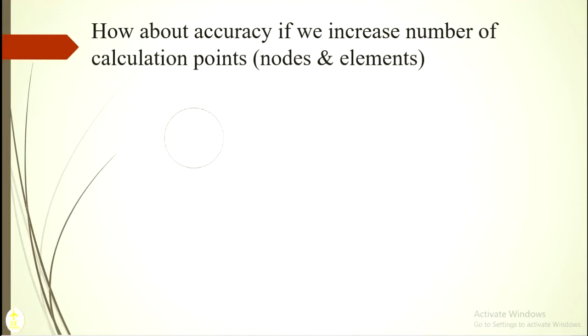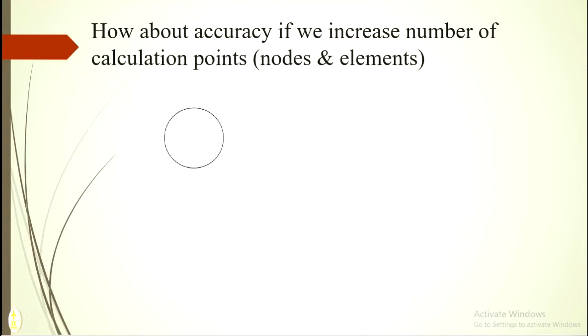Let us take one circle here. Consider this circle has some area, let's say 100. Now I'm going to apply that in the FEM method. We are going to discretize this area, right? For an area we have to use a two-dimensional element, right? The minimum-node two-dimensional element is a triangular element, because without three sides I can't cover the area. Minimum I require three sides to cover the area.